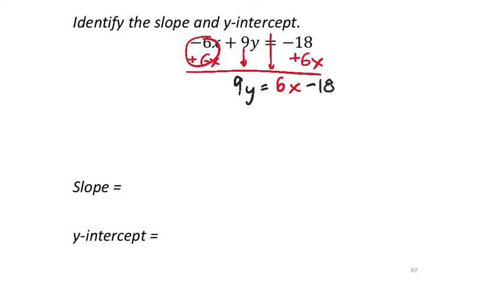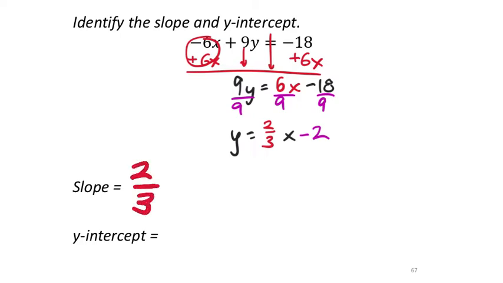Last thing I want to do is make the coefficient of y 1. So I'm going to divide all the terms by 9. You have to divide all the terms by 9. That's going to leave us with y equals 6 divided by 9, which is 2/3, and then -18 divided by 9 is -2. So this tells me what the slope is. It's the coefficient of x, which is 2/3. The y-intercept, please don't say it's -2. It's an ordered pair. Make sure not to forget the 0 there, because if you do on a test,